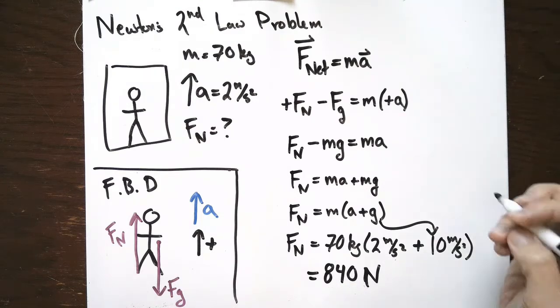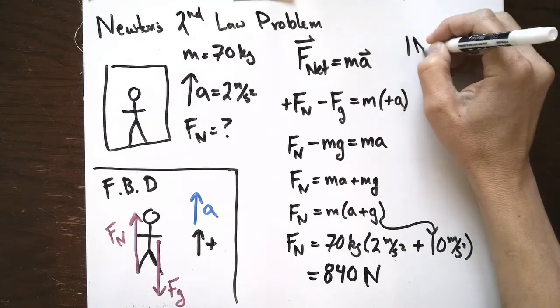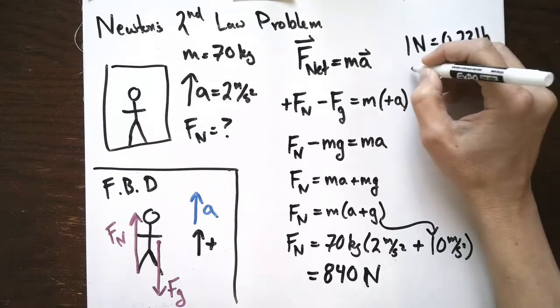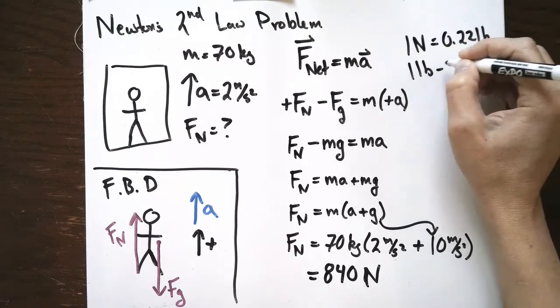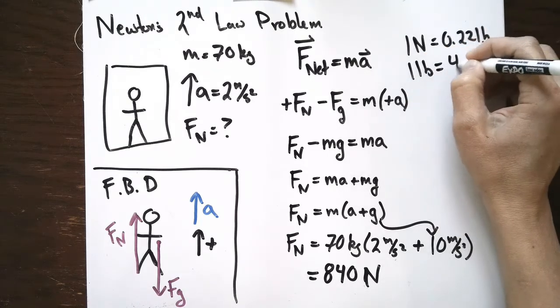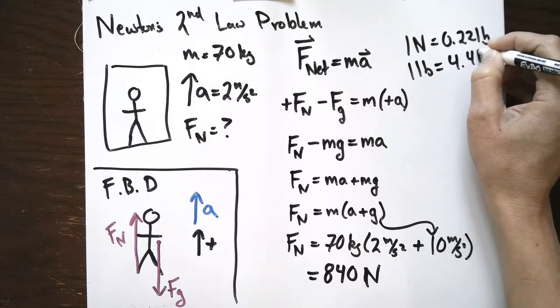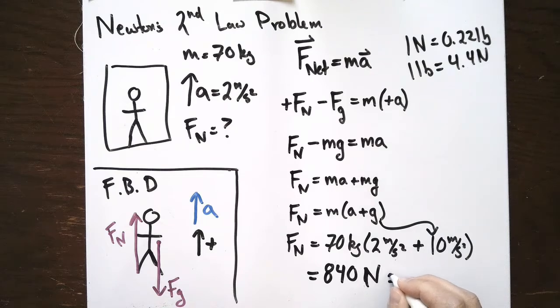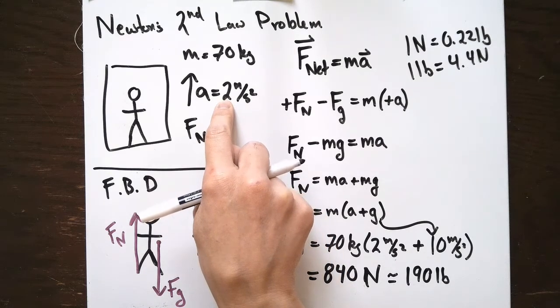And because 1 newton is about 0.22 pounds, or 1 pound is 1 over that, which is about 4.4-ish newtons, that means that this is roughly, divide by a bit more than 4, 190 pounds. So that is what the normal force on Blaine is going to be when he's going up in the elevator